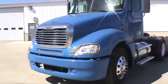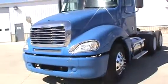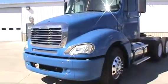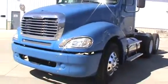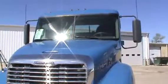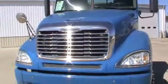All right, here we have a 2007 Freightliner Columbia CL120 with a 12.7 Detroit, 445 horse. This truck is super clean. We'll go around it here. I'll try and do this as quick as I can so I don't take any more of your time than I have to,